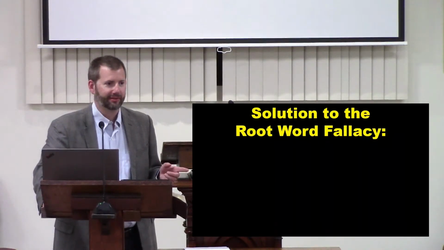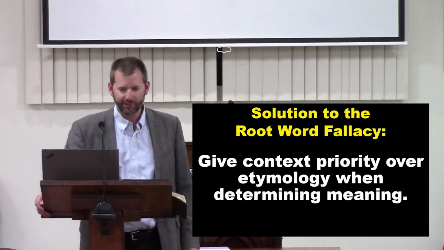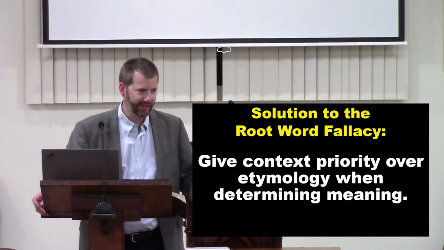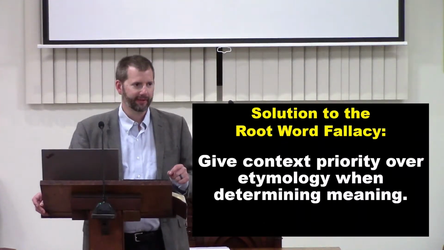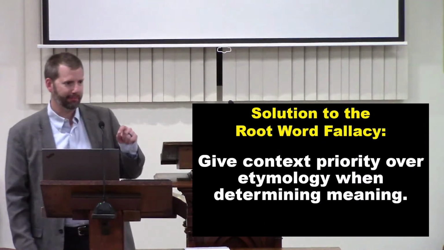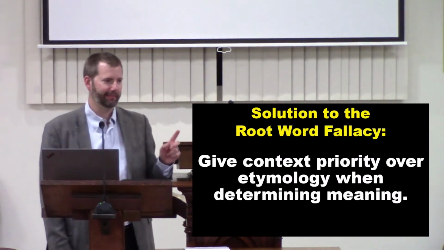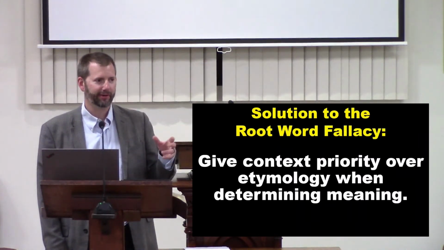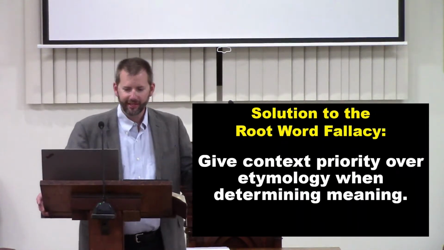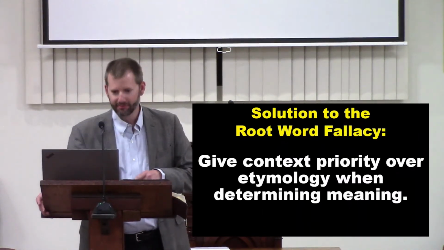And we're going to start seeing context. You're going to see that pattern. Give context priority over etymology when determining meaning. Okay, it might be fun to study the etymology of a word, but give the context priority. Just like butterfly, if you were not a native English speaker and someone started talking about butterflies, you need to listen to the context to figure out what they're talking about. They're not talking about literal butter flying or something. It's a little pretty thing. So, give context priority. And you're going to see this repeated a lot.